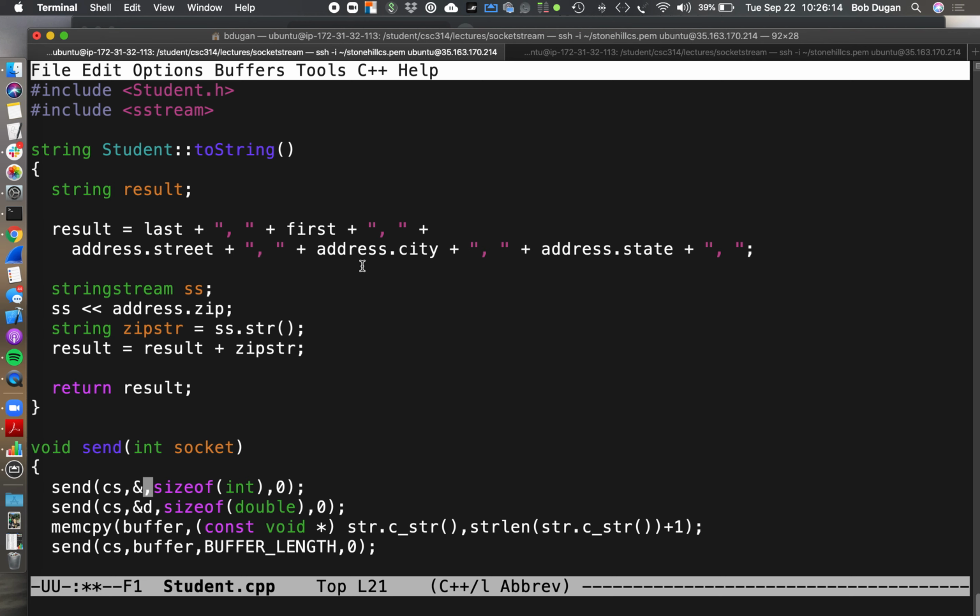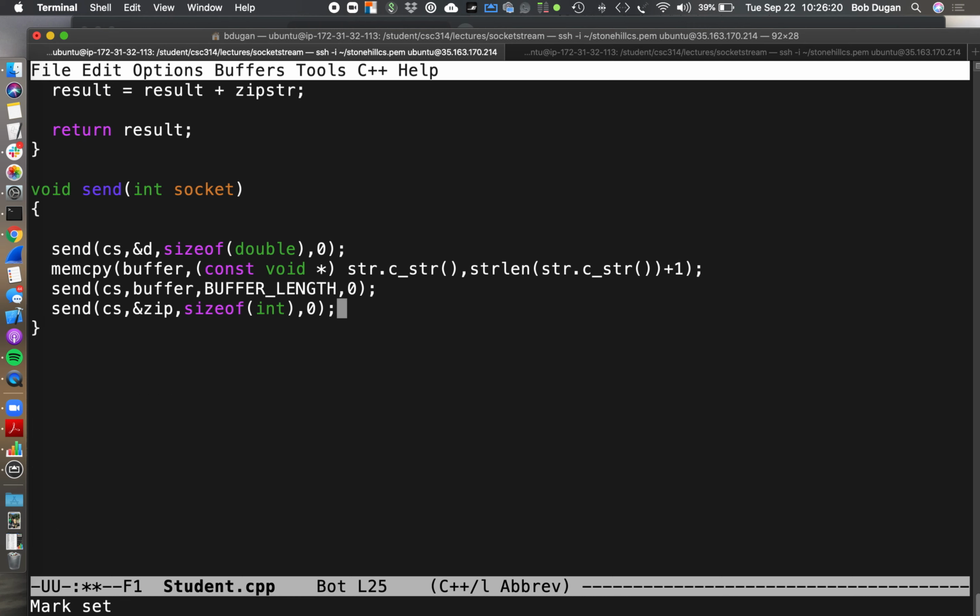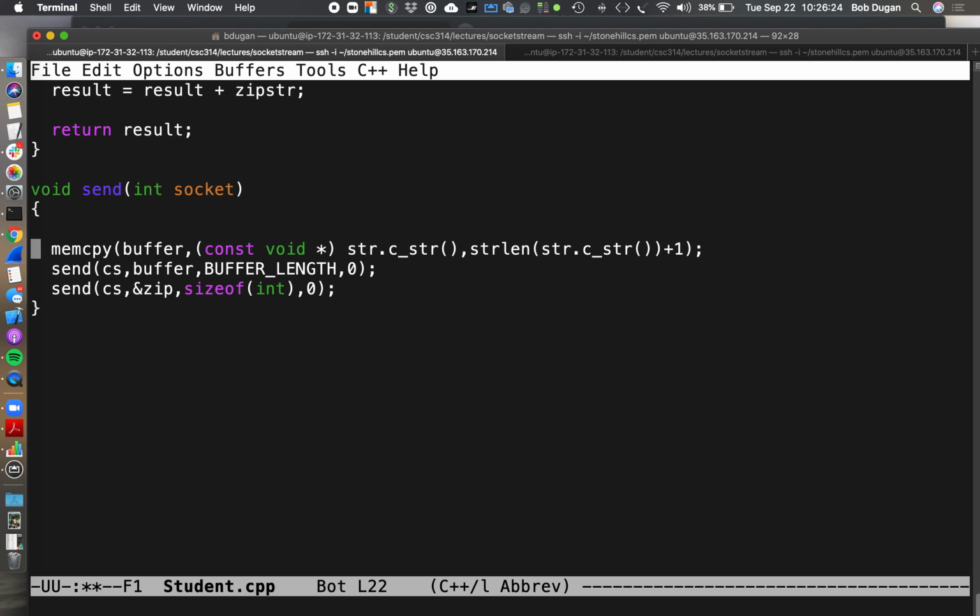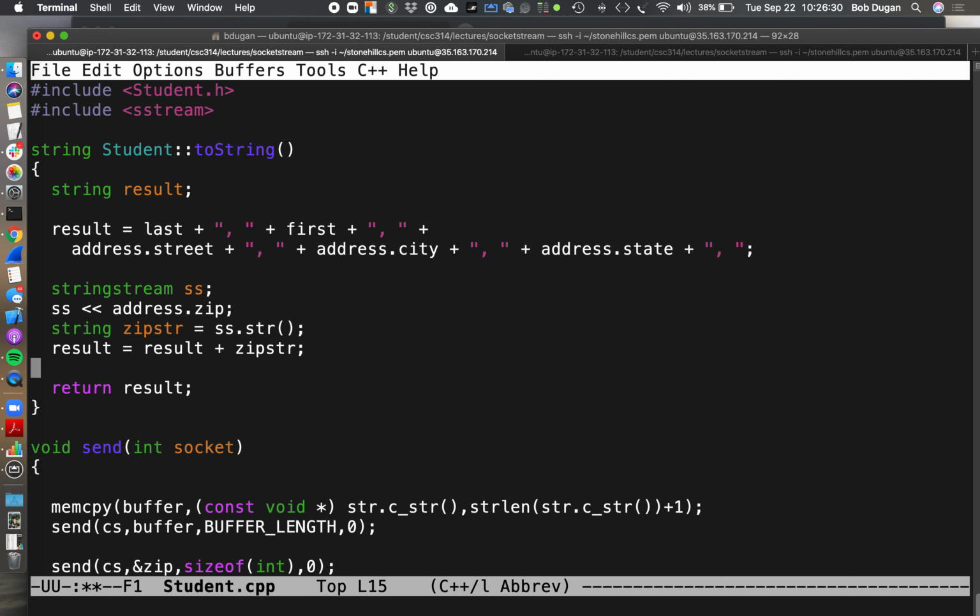That's the zip, so maybe I'll do that at the end. I said we're going to do it in order, but I don't want to lose that. I'm not sending any doubles, but I do have this pattern, okay? So the pattern is we're going to send last